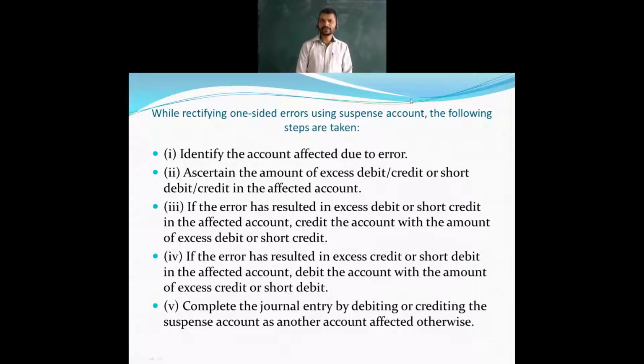As you may know, we are with the sixth chapter of your accountancy part one book. We are dealing with the trial balance and the rectification of errors, and we are almost at the end of this chapter. A few more illustrations will be solved and then we will end.